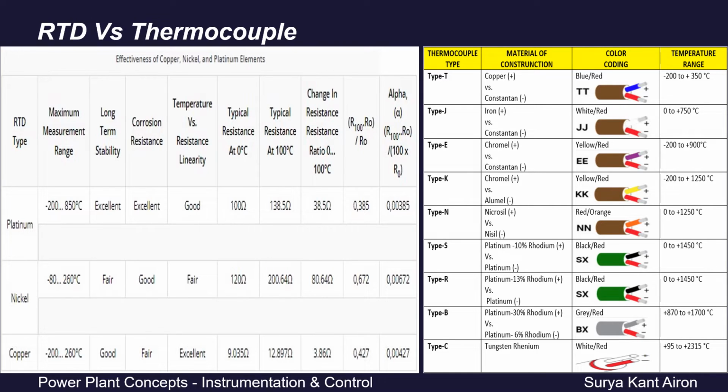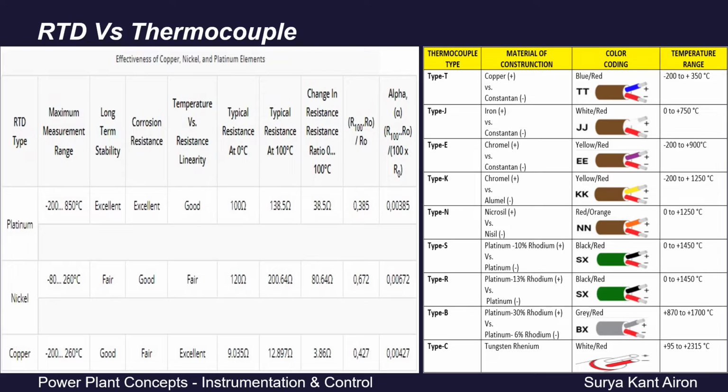Our most commonly used RTD in a power plant is Pt100, and Pt100 RTD can measure from a very low minus 200 degrees Celsius to a high of up to plus 850 degrees centigrade. While thermocouples can be made up of different metal combinations and thus can show different application ranges. Our chromel-alumel thermocouple, that is our K-type thermocouple, is the most commonly used thermocouple in the power plant industry, and it can measure from a very low of minus 200 degrees centigrade to a very high of up to plus